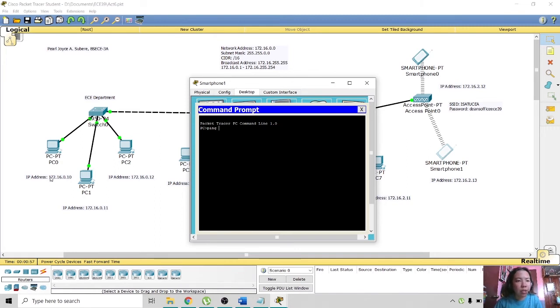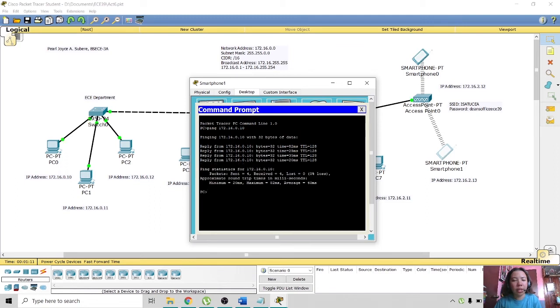The IP address for PC0 is 172.16.0.10, and I will press enter. Okay, so we have a reply, and therefore we can conclude that we have a successful connectivity in our